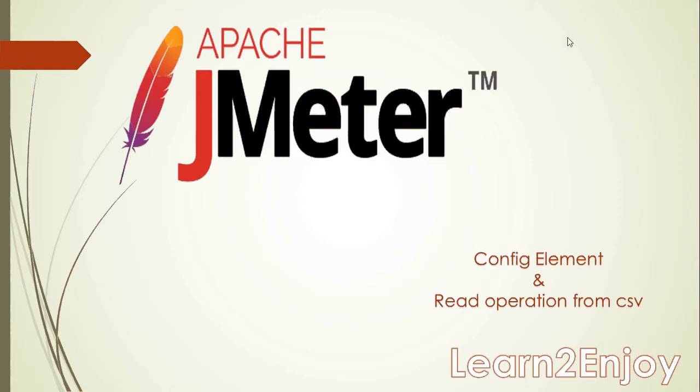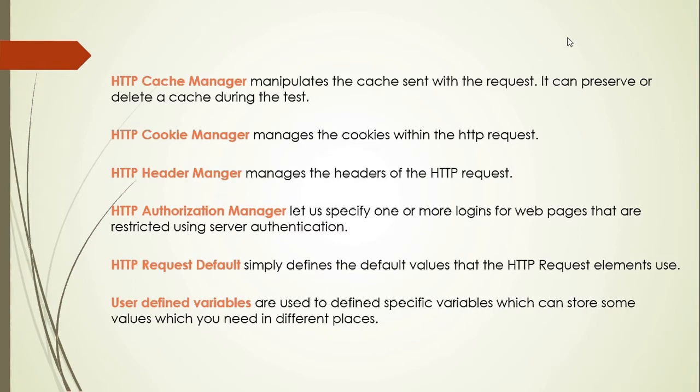So in this video we will cover config elements and read operations from a CSV file. Talking about config elements, we will first cover the HTTP cache manager. The cache manager helps us manipulate the cache sent with the request. The HTTP cache manager will help us store the cache and use it while we are hitting with